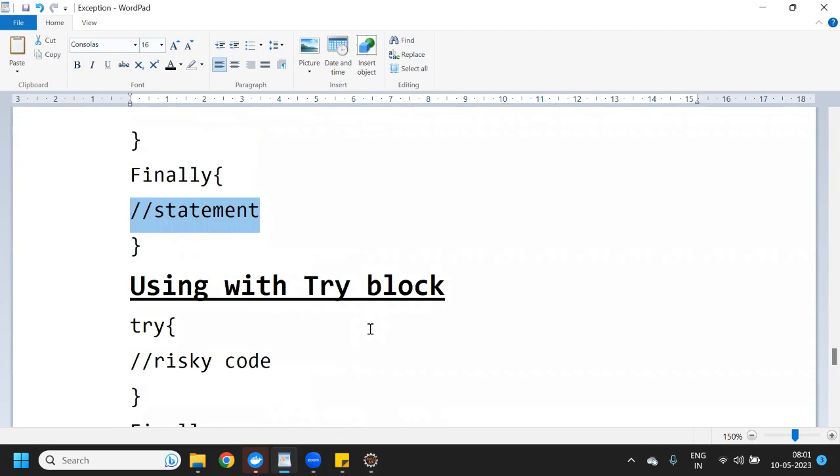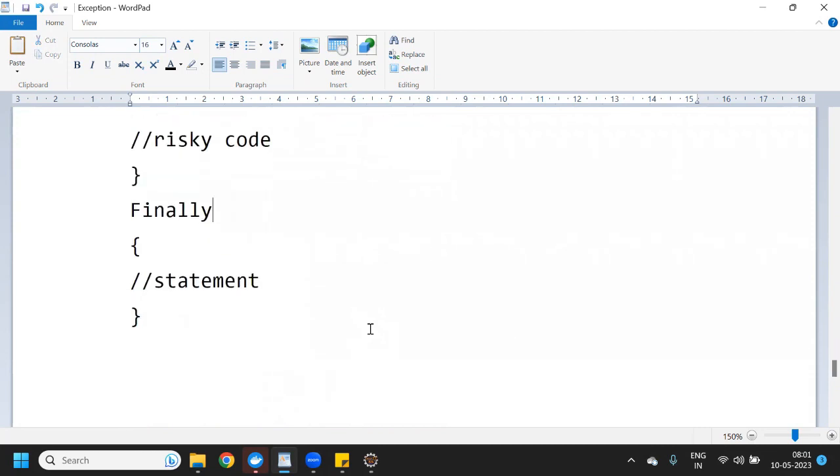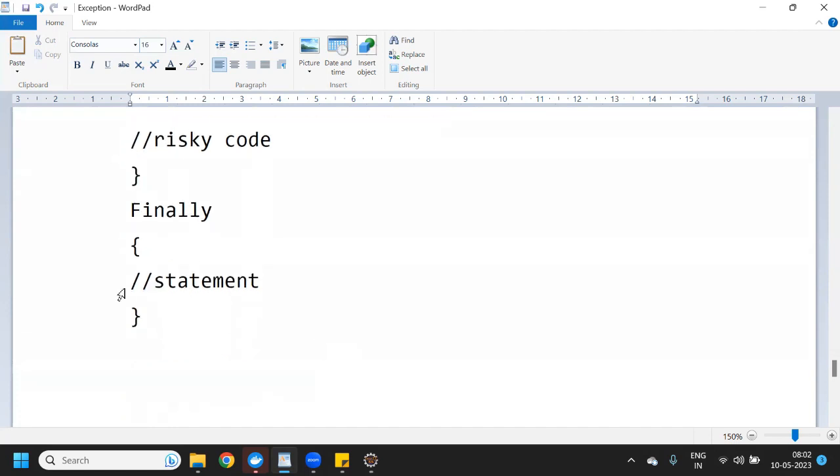Now we can see it along with just the try block. The finally block we can use with a try block as well. We write the try block, keeping the risky code inside it. After that, we can use the finally block, and under it we again keep the statements and the cleanup code.